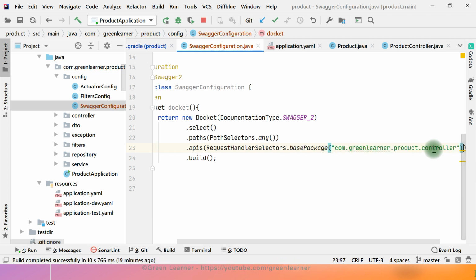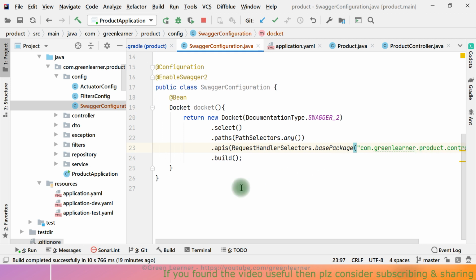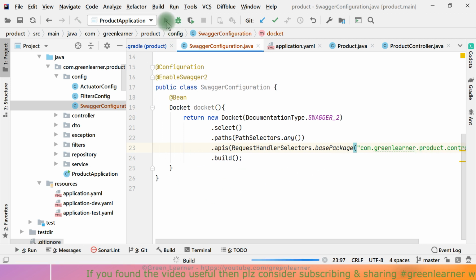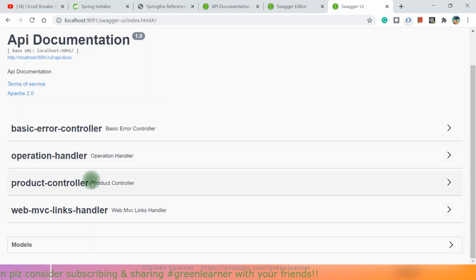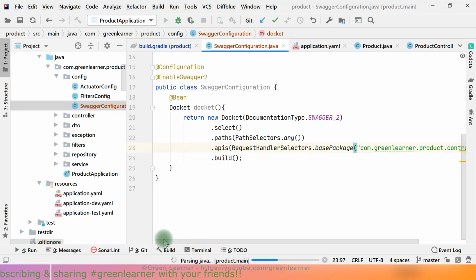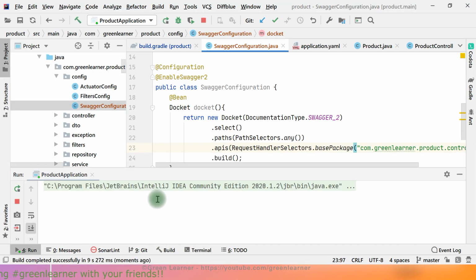So all the controller classes that are in this package, com, green learner, product and controller, they are going to come in the API. So if I do this and if I restart our application, we will be able to see the nice product controller, only this product controller that we had. Okay, so let's wait for the application to start.